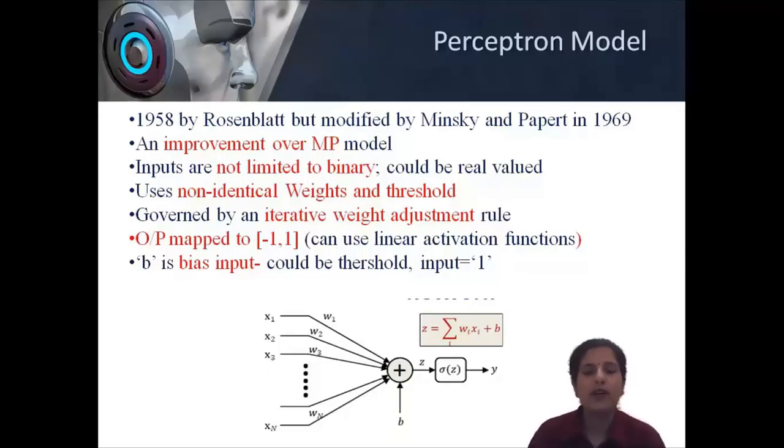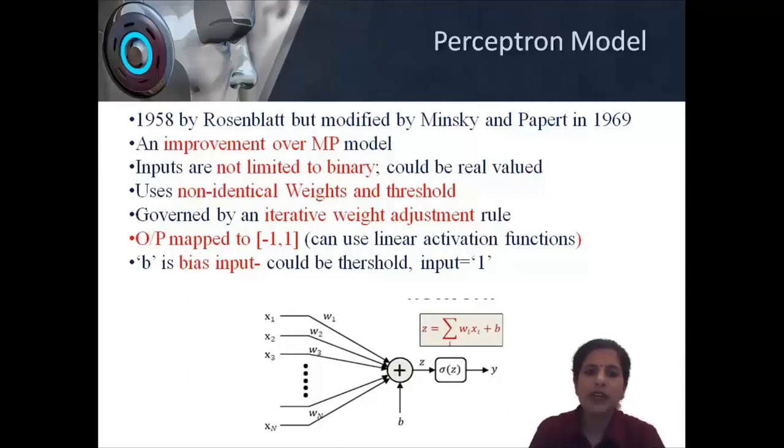Whatever output came at the t instant of time was fed back at the t plus 1 instant of time as input. So that led to improvement in the weights on the interconnections. It was governed by a learning algorithm which was absent in the case of the MP model. We'll see what perceptron learning is later. But definitely it came into being with the perceptron model, which was an iterative learning, rule-governed model,